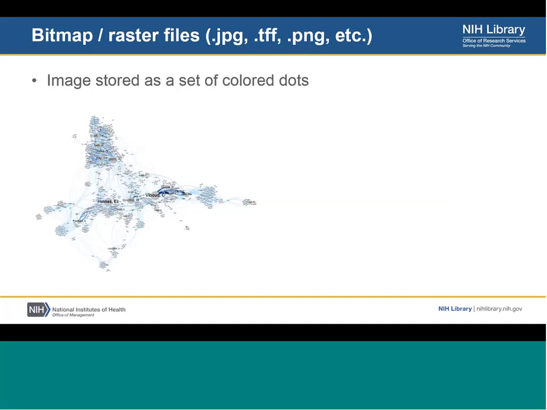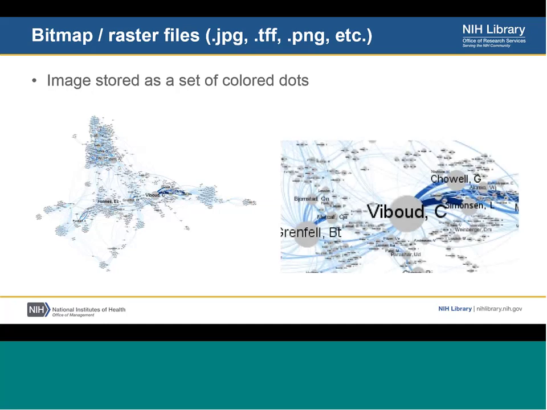The problem with this file type is when we start trying to zoom in on the actual image. When we zoom in, it starts to get pixelated, it starts to get fuzzy, because you start to actually see those colored dots. So that pixelation is actually you seeing the dots that are being represented in that image. So that's why it becomes pixelated. So in some of these very information-dense images, sometimes this is not the best approach.